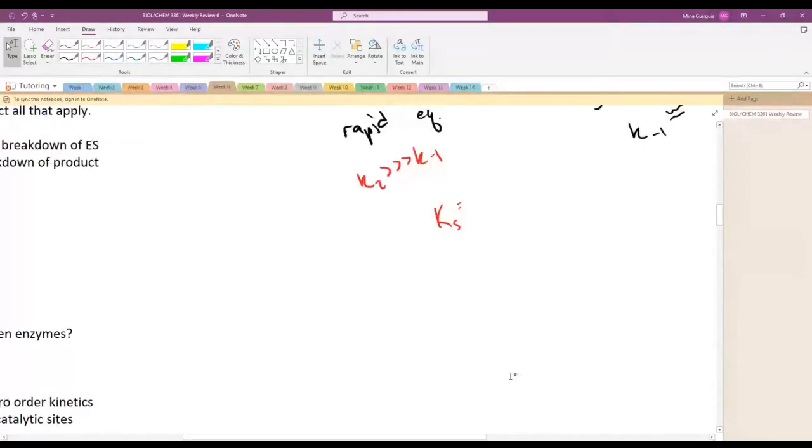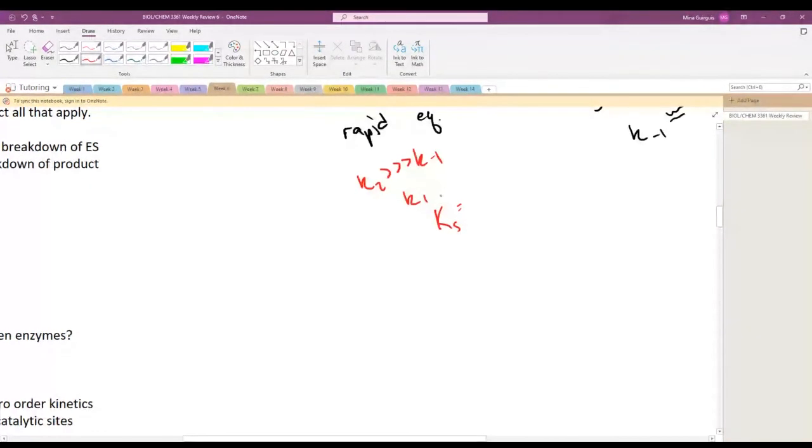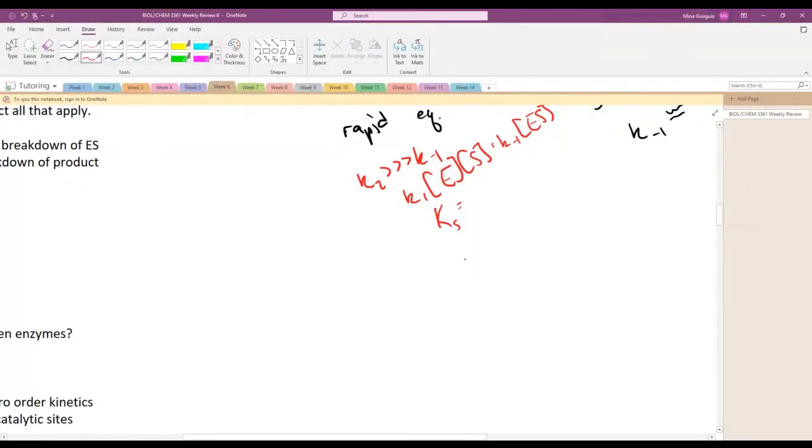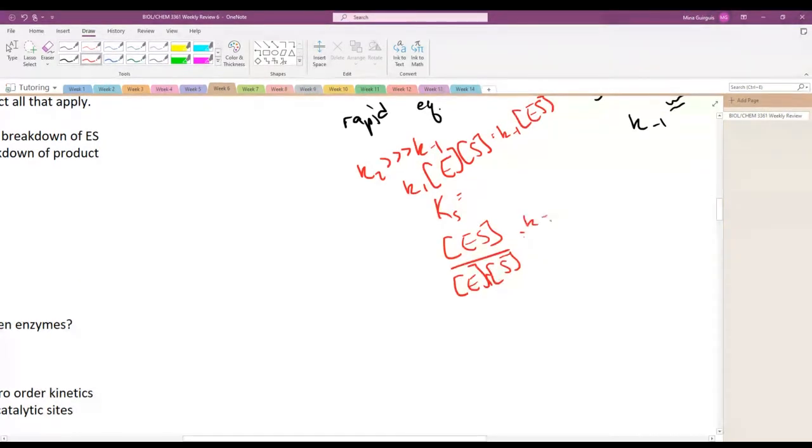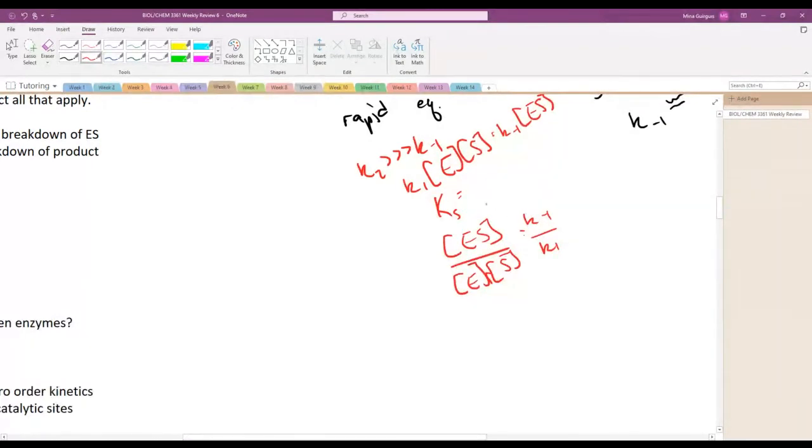The reason that we get that is, remember, the equilibrium is based on the reaction. So we set up K1 times enzyme times substrate is equal to K-1 times ES. And then when we solve for the equilibrium expression of ES over E times S, that ends up giving us K-1 over K1. And so we're just going to write that K-1 over K1. And this is what's called